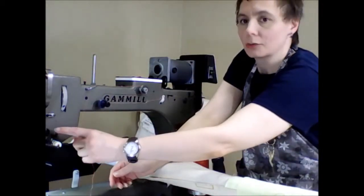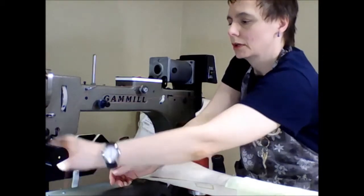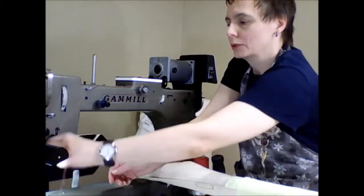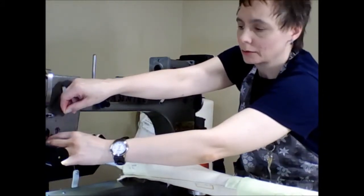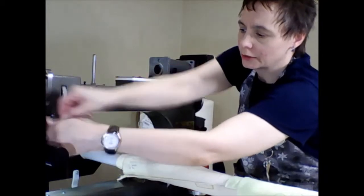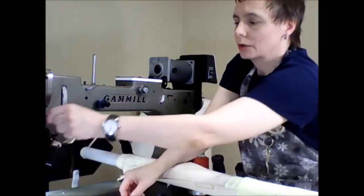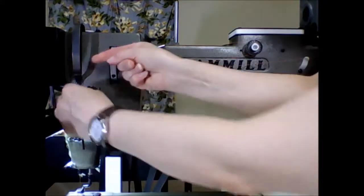Then you go around this thread guide before you get to your rotary tension. Twice around the rotary tension. Gammill recommends going twice around. And then pull the little check spring back, just enough to get the thread around it, and then around your lucky 7. At this point, go back through this thread guide,